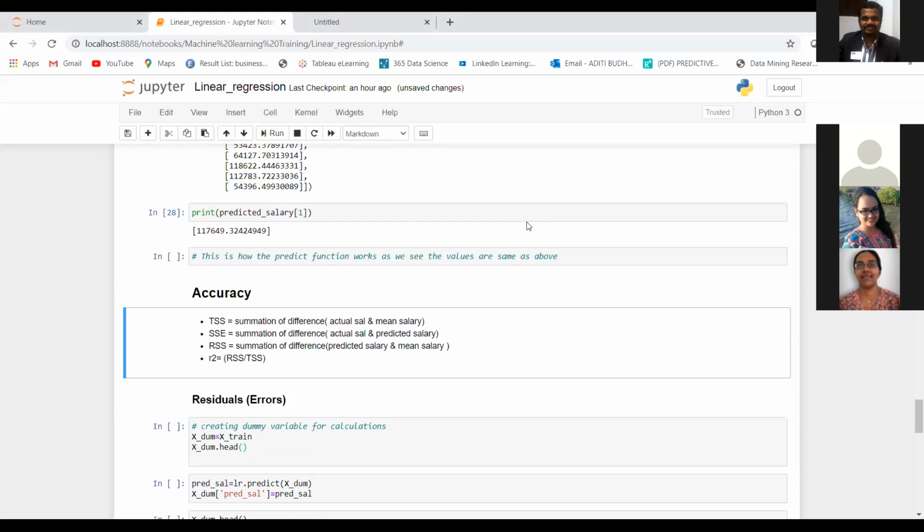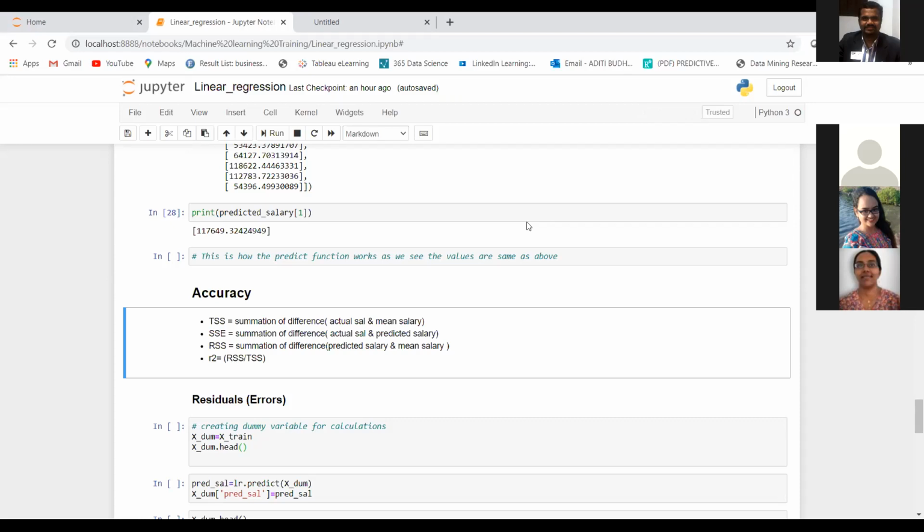Now, once our model has been created, the next step is to check the accuracy, right? So we should check the accuracy, and this is done to evaluate our model, like how well it is performing. Was it able to predict values correctly or not? So all this evaluation we need to do once our model has been created.